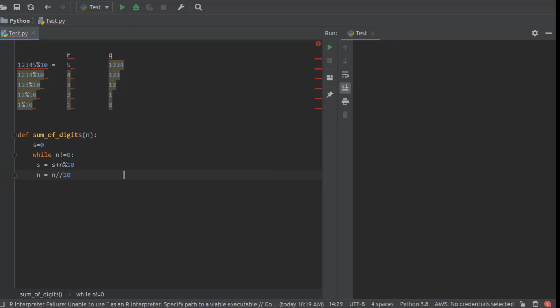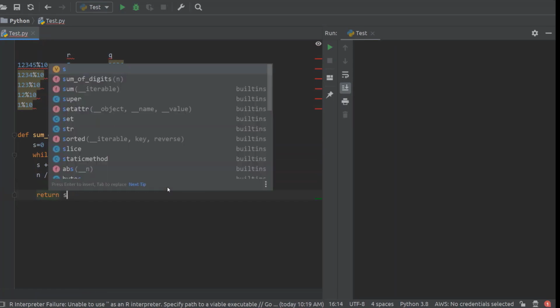Floor division, if you remember, if you say 1, 2, 3, 4 divided by 2, your answer will be 1, 2, 3.4. Now instead of that, if you say 1, 2, 3, 4 floor division 10, you will get the answer 1, 2, 3. Now this same code we can write by using the shorthand assignment operator also. We can say s plus equal to n modulus 10. This we can also write like this: n floor division equal to 10. So easy to understand. Finally your s contains the sum of digits.